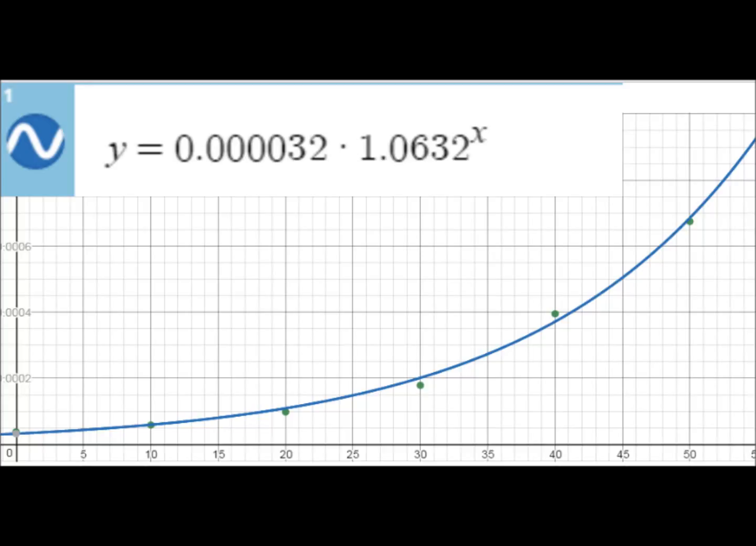This is my graph, which contains the 2 points 10, 5.8 times 10 to the negative 5, and 50, 6.7 times 10 to the negative 4. The exponential equation containing both of these points went by the formula y equals 3.2 times 10 to the fifth times 1.0632 to the x. Using this equation, I determined that in